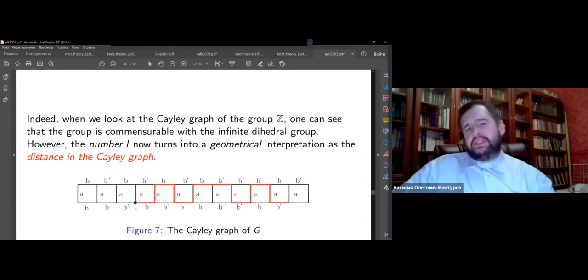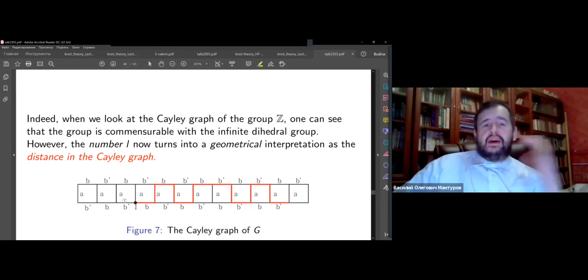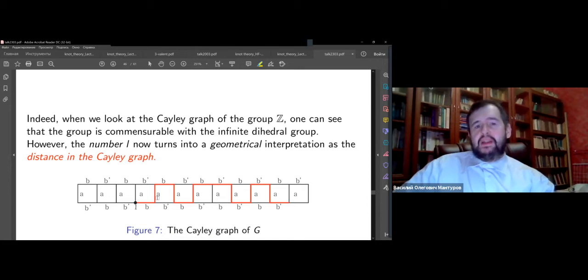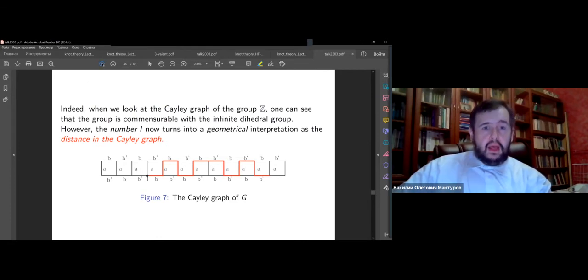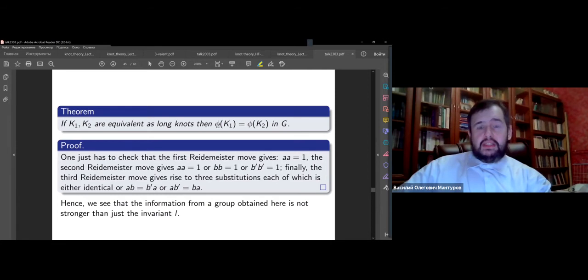And you see the word I associated with my knot is just this snake, which goes from here to here. We see that this word doesn't have so much inside it. It has only length 8. So this is more or less plus 8 or minus 8; if you start from another point, you will get 8 steps to the left. And you can't get from the bottom line to the top line, because the number of A's is even.